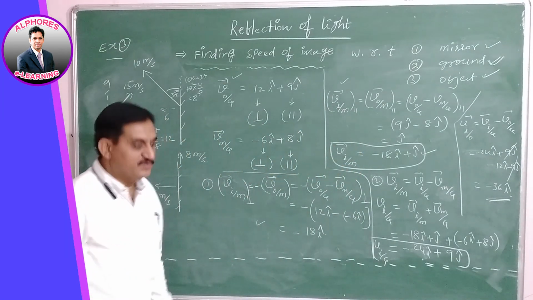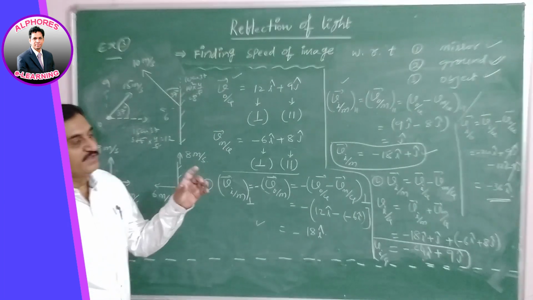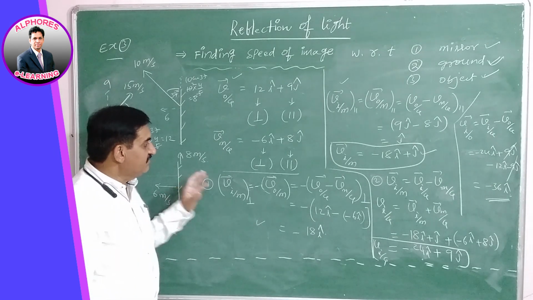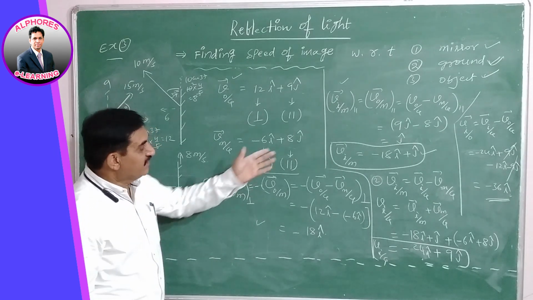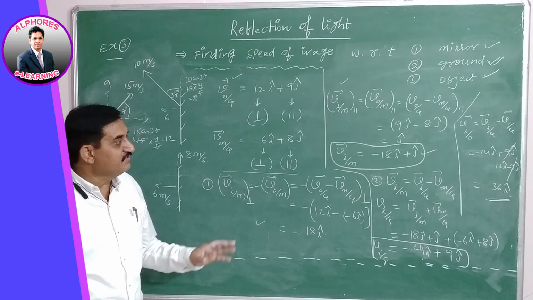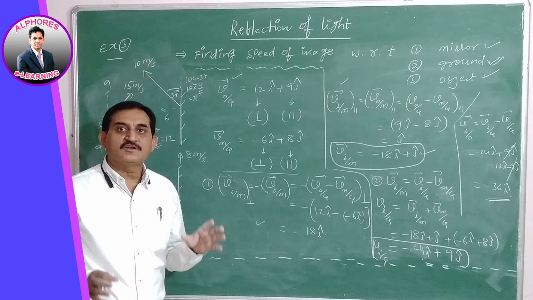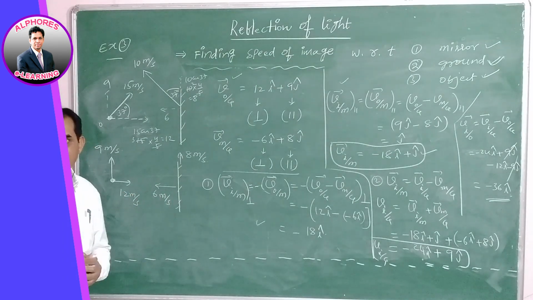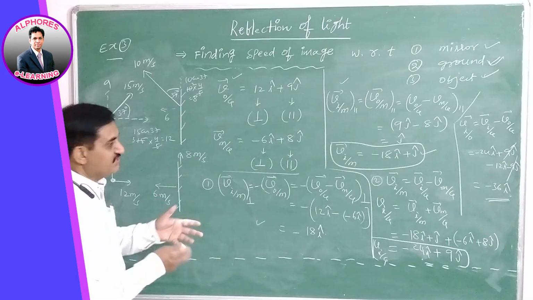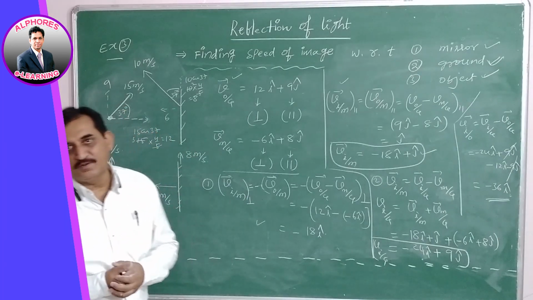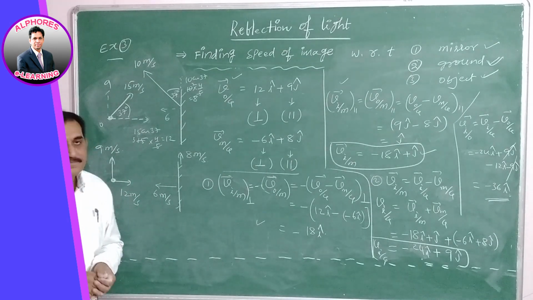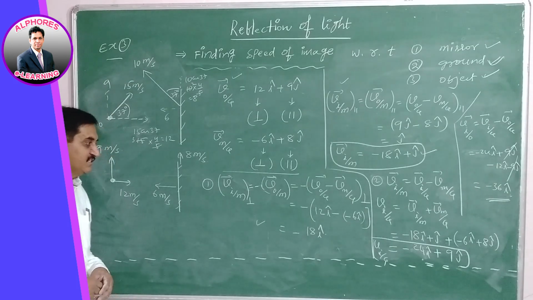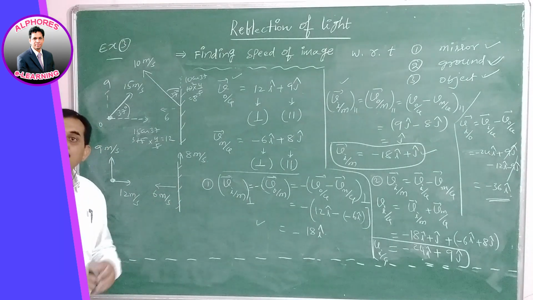So as a whole in this question we have three parts: with respect to the mirror, with respect to the ground, and with respect to the object. These three values are calculated, and their corresponding answers are clearly given. So this is the way to understand how problems are to be solved in case of finding the speed of an image in a plane mirror. Different varieties of problems are discussed in this session. This can also be verified by the general method, which I already gave. So try this problem yourself.